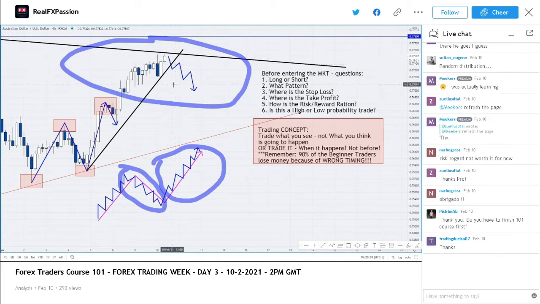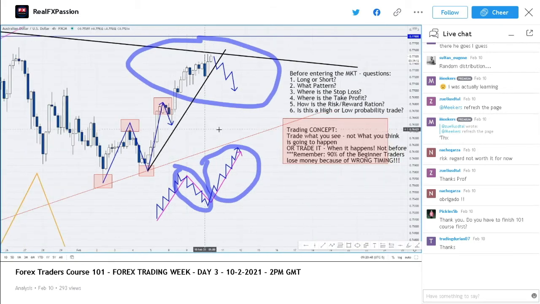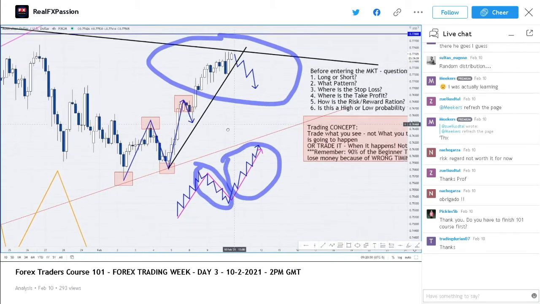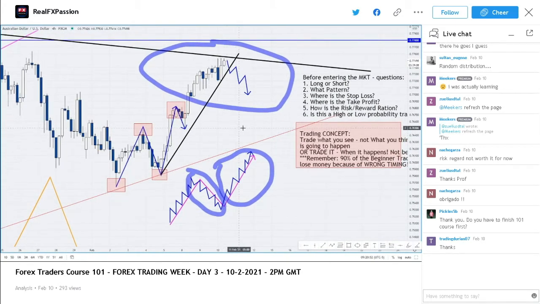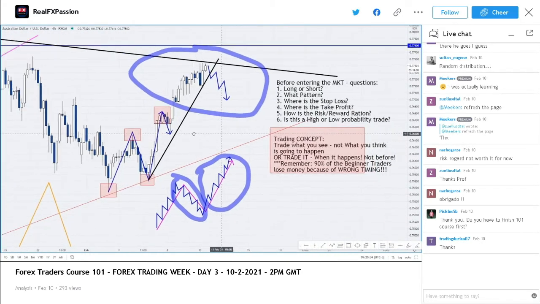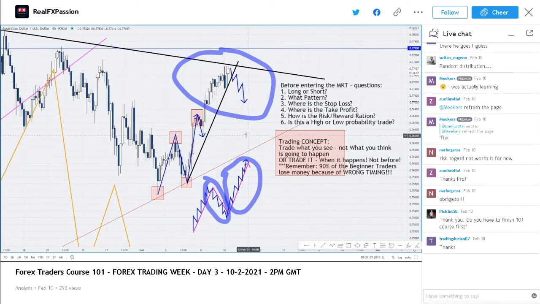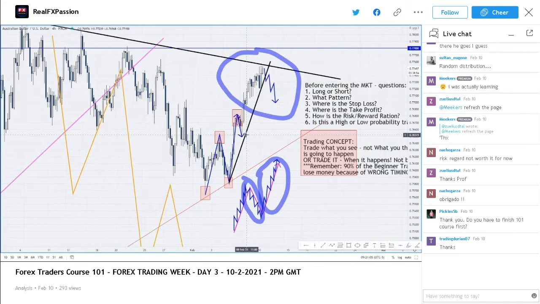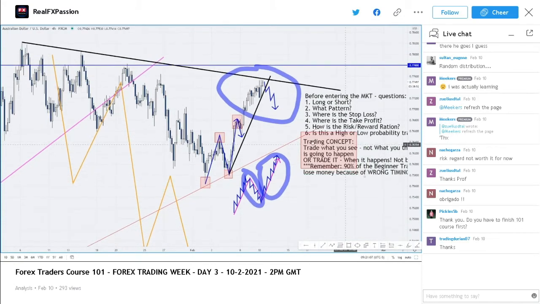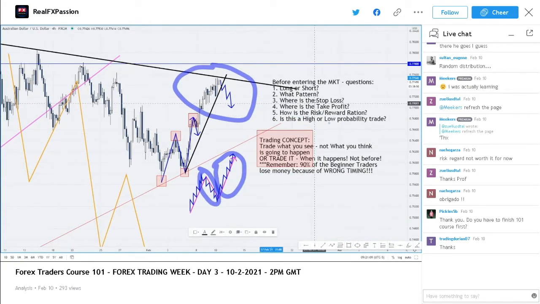We would wait for the counter trend line break, and then we need to determine what pattern we are shorting. Are we shorting the relevant highs and lows? Are we shorting the bearish candlestick formations? Are we shorting some structure? Some resistance, pivot point? Are we shorting the original Fibonacci? Are we shorting the crown, head and shoulders? Double tops, double bottoms? What pattern are we shorting?